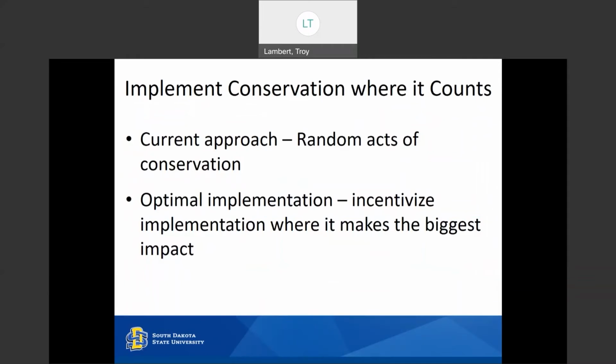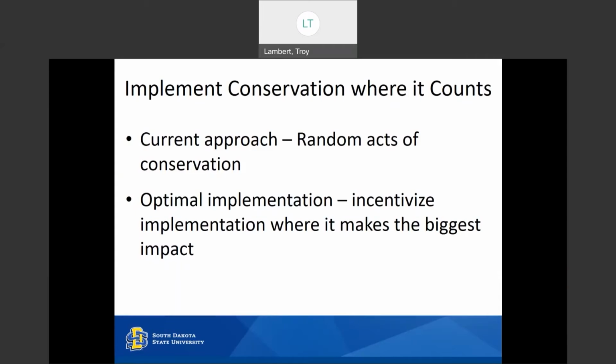And then there's another question: once we've identified what works the best, the next question is, are there places where we can incentivize implementation to get the biggest bang for our buck? What this comes down to is modeling.